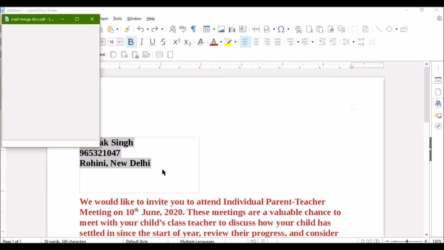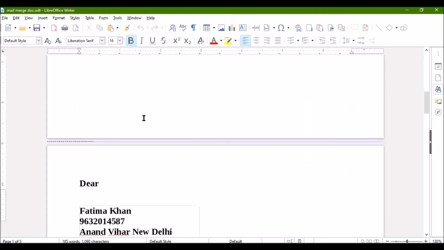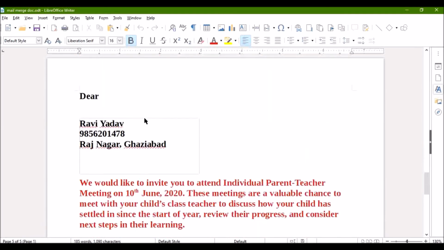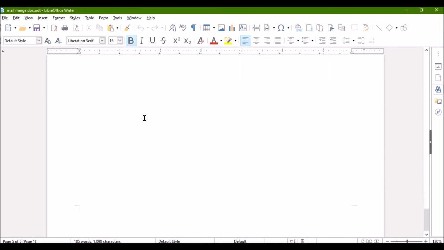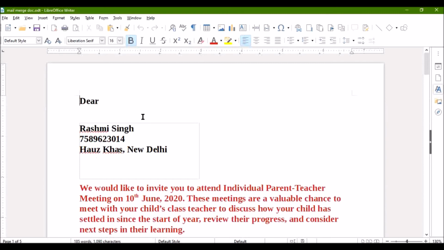I will just open and show. You can see that Deepak Singh one has been removed now. We only have the first, second and third documents. These three options only we are having over here. You can see 4 were there, but the first we have excluded, so now only 3 appear.